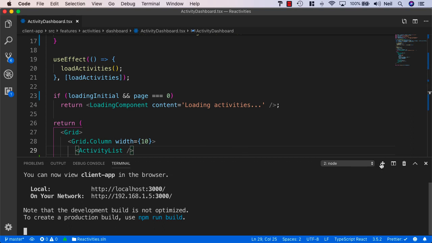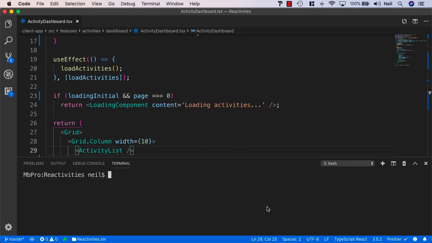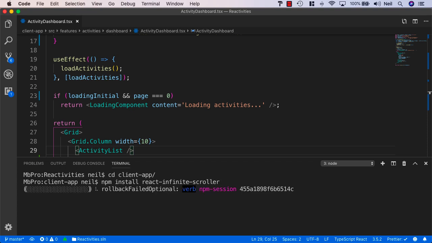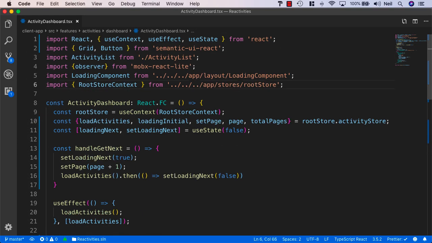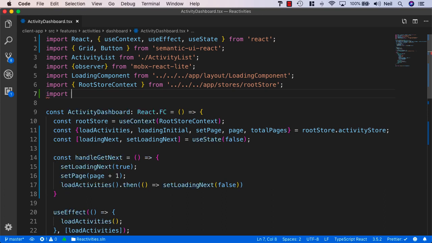So let's just open up a new tab, and please make sure you cd into the client app to do this, and we'll do an npm install react-infinite-scroller and press return. And once that's installed, let's go ahead and implement this. And the first thing we'll do is import InfiniteScroll